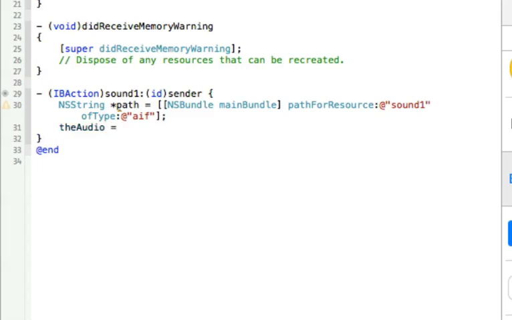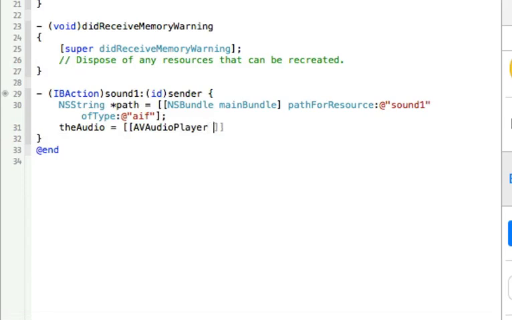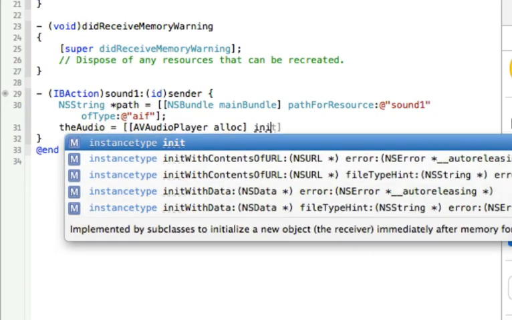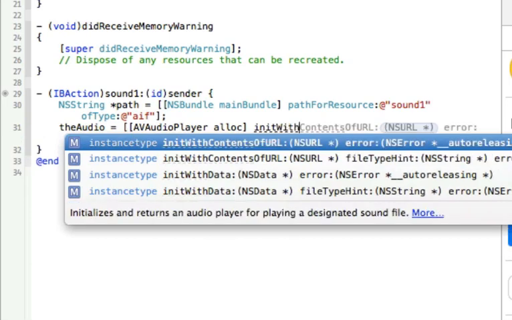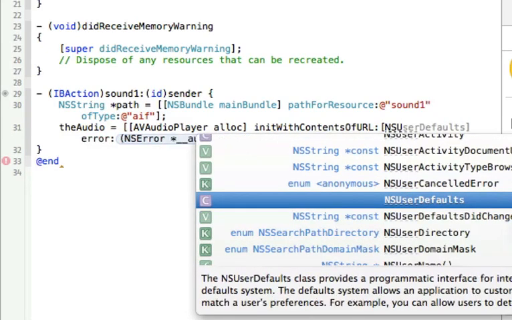And once again equals double square brackets. This time we're going to say AV audio player alloc, after square brackets, and we're going to use the alloc init method, but this time it's init with contents of URL. That's correct, so that hint looks good. Contents of URL colon, and then we're going to say square bracket NS URL